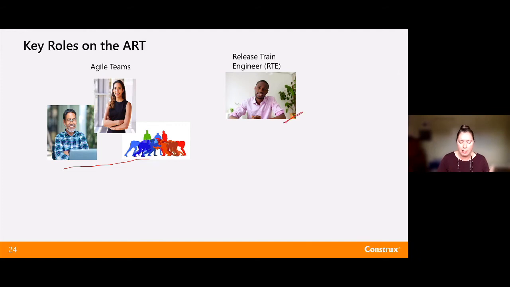We also have an RTE. You can think about an RTE as like a chief scrum master or an Uber scrum master. This is the person who's responsible for, are we planning the program increment? Are we working together on the program increment? Who do we need to get together to sync? They might be doing things like PO syncs, making sure the POs are coordinating on a regular basis, Scrum master syncs, or core team meetings to make sure that we're dealing with the tactical day-to-day items. They're prepping for an inspect and adapt meeting where we do process improvement across the ART.